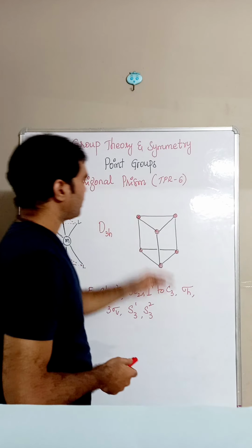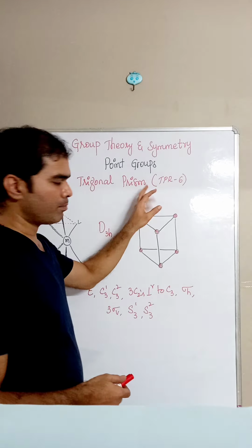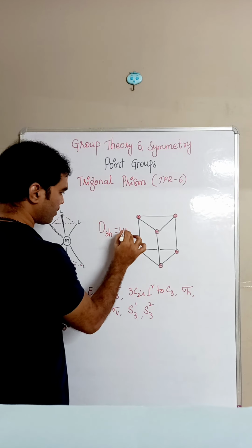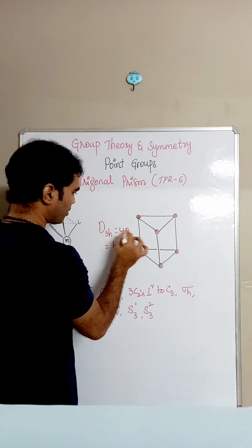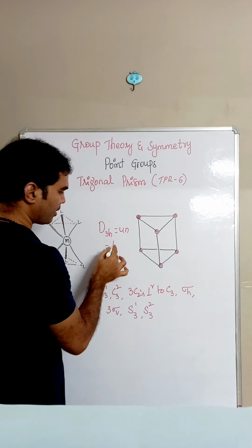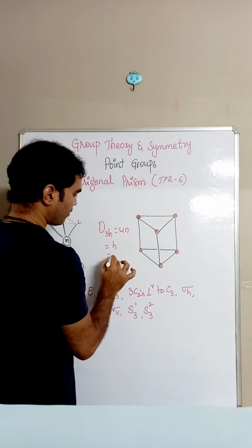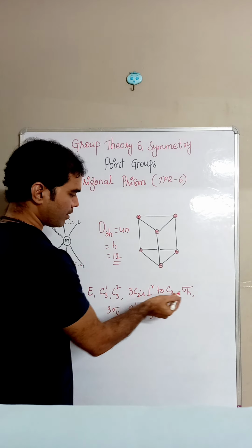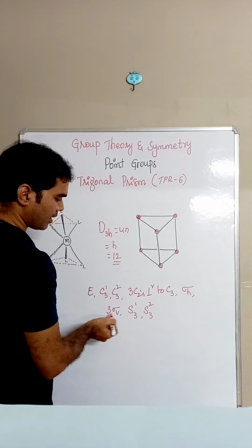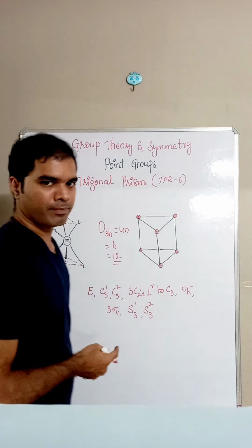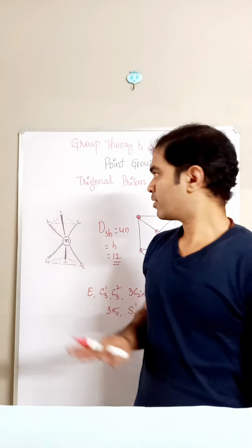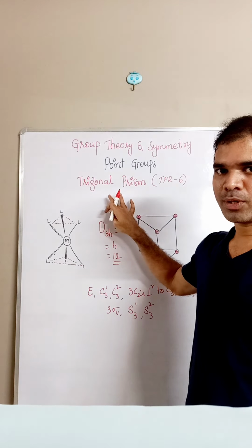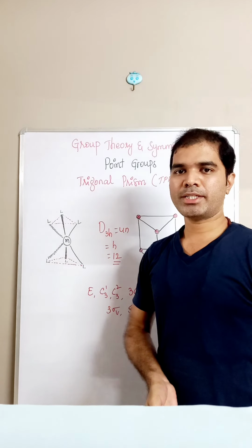And we conclude that trigonal prism belongs to D3h point group. D3h, order of the point group should be 4n. h is representing the order of the point group. 4 into 3 must be 12. 12 symmetry elements should be present. 3 plus 3 plus 1, 7, 10, 11 and 12. Therefore we conclude that all identically substituted trigonal prism kind of molecules belong to D3h point group.